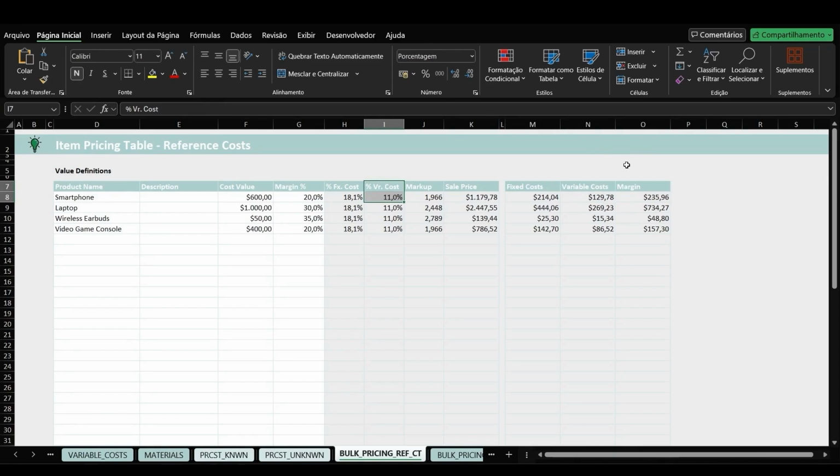So if you calculate 11% on the selling price, it comes out to $129, which is the variable cost you incur on that sale. In addition, the fixed cost should be set aside at $214. What is this? In this sale, 18% of the sale amount is $214. So that means a small amount from the sale you made should be set aside, which will add up with other fixed cost amounts saved from other sales, so that by the end of the month, you have a total of